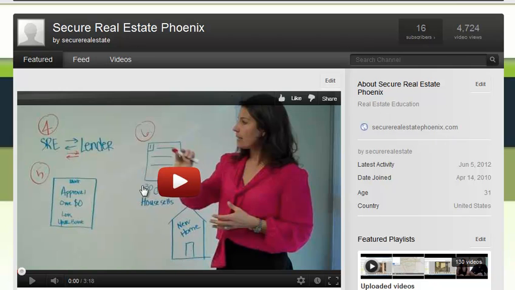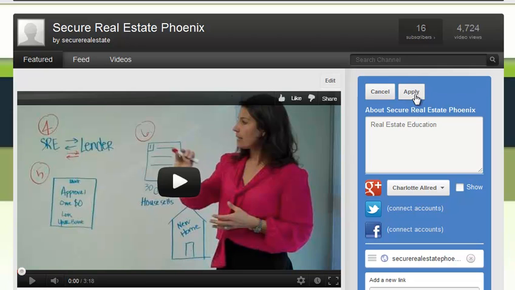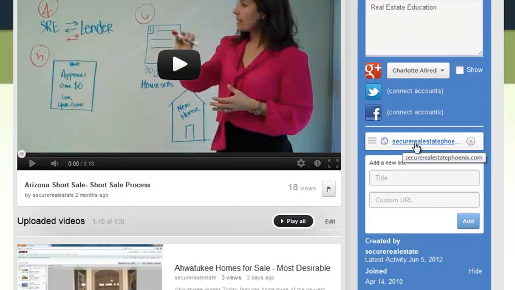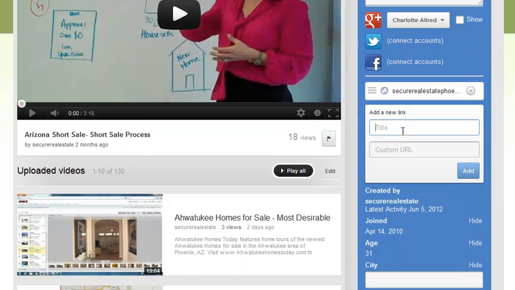So before you actually SEO your videos or provide any on-page SEO for your videos, you actually want to do a little bit of what you can right here on the right hand side. And again, this is just basic stuff, but one of the things we can do is edit this information on the right hand column, and you'll notice that one of the things we can do is add new links. So for example, if I have a new website like this one here in question,